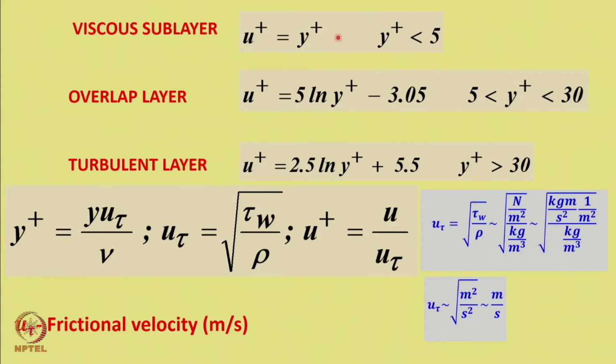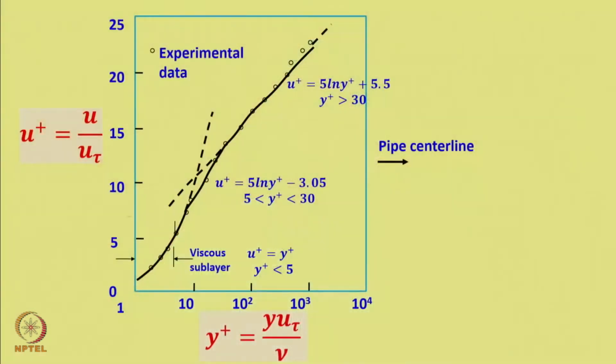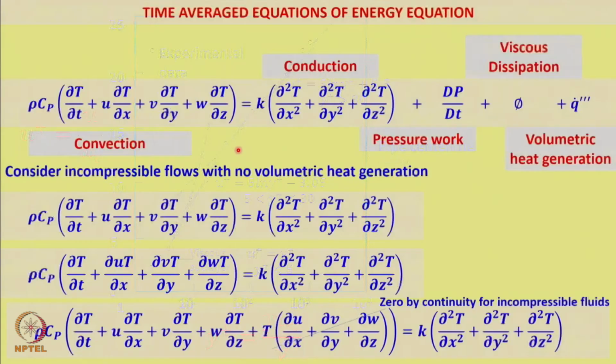Why is it called universal? Because it is valid not just for external flows but also for internal flows. However, it is not valid for jet flows. We need to remember that this is only valid for internal and external flows. So this is kind of semi-empirical. If you compare the viscous sublayer, the buffer layer and the turbulent layer, they are all matching with the experimental data. Today in one of the modules we are going to derive this universal velocity profile. So now let us do the time averaging of